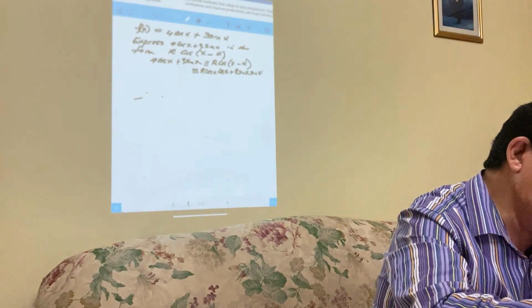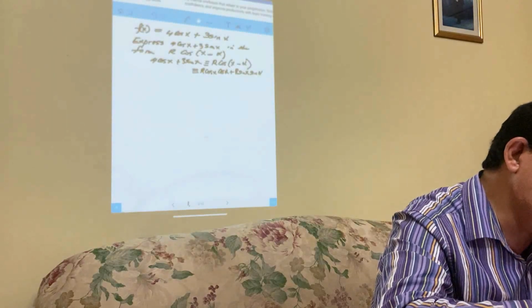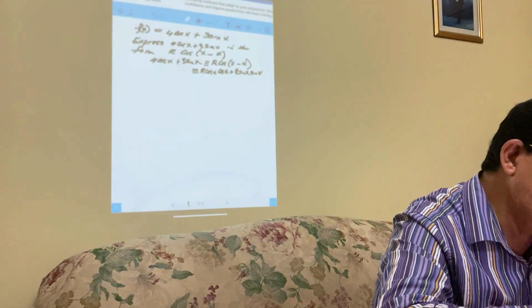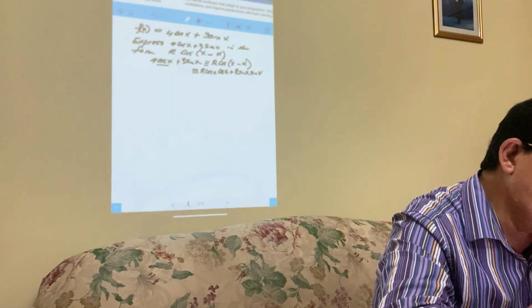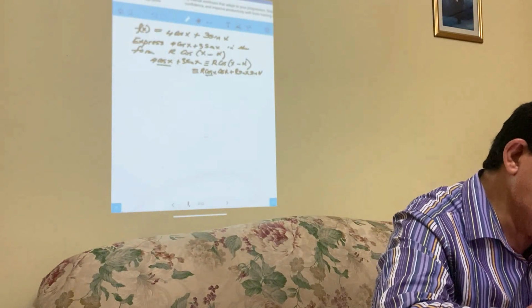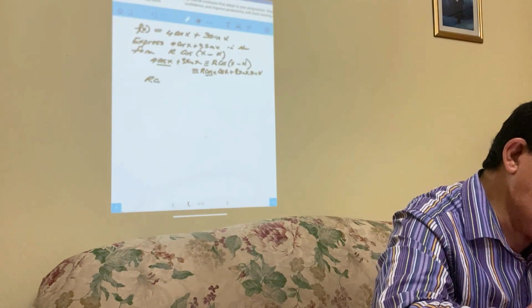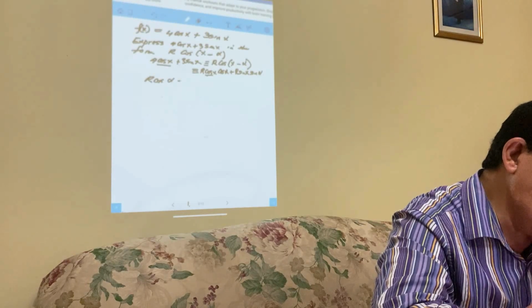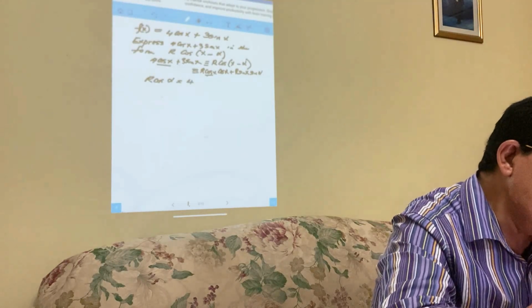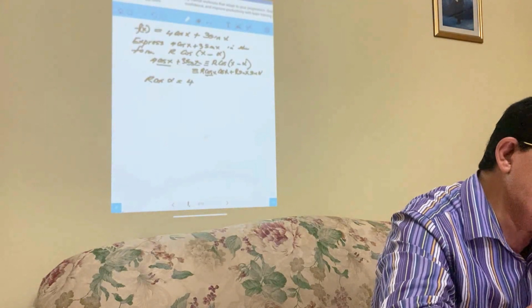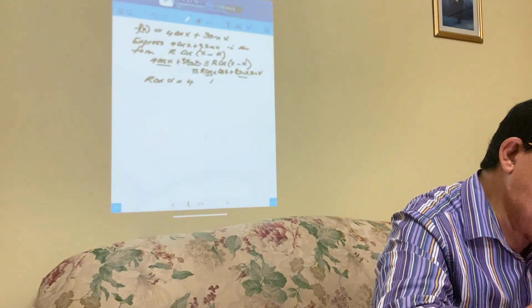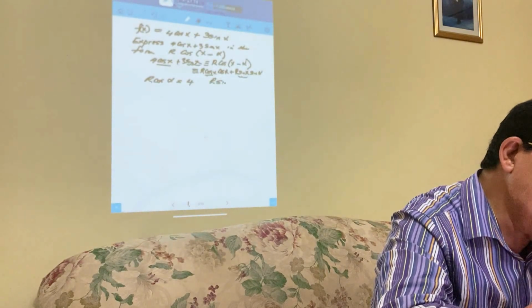Then the identical terms. Now, cosine x, so r cosine alpha equals 4. Sine x equals sine x, so r sine alpha equals